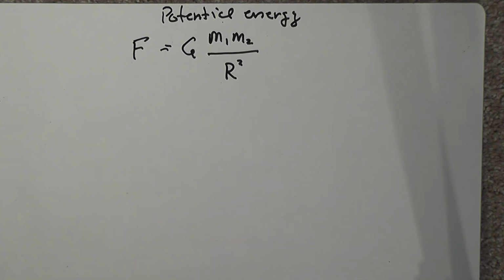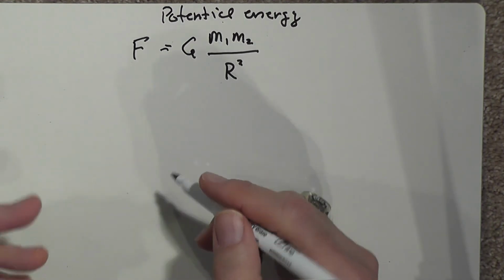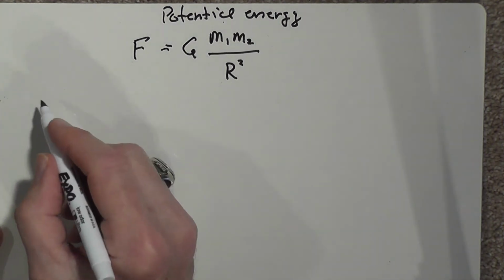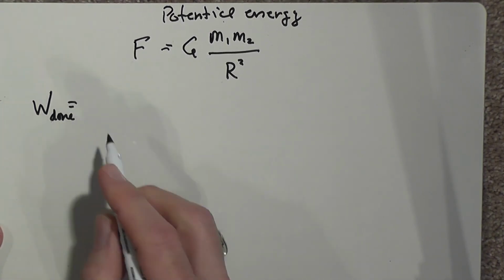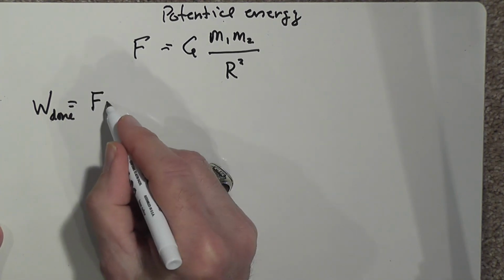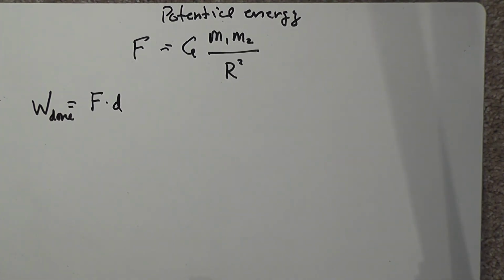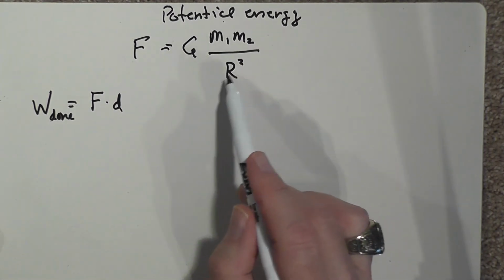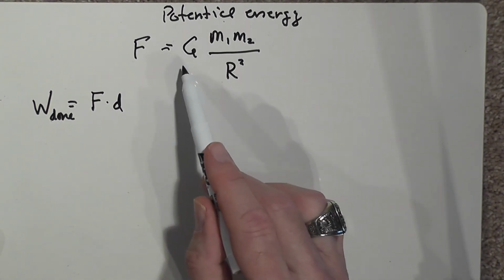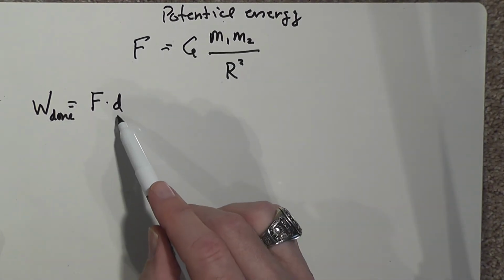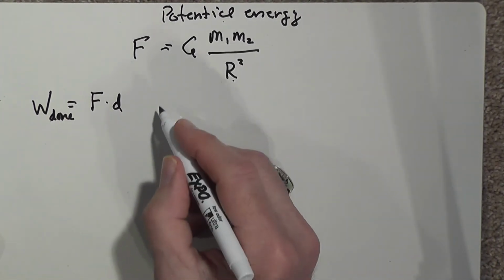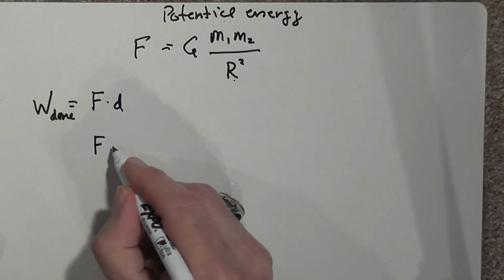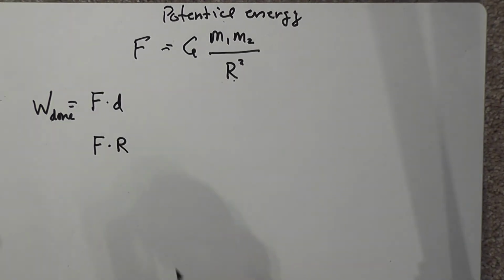and what we want to do now is turn this into energy. And how do we do that? We know that force times distance is energy. So let's write that down. We can call this the work done, which is equal to the force times some distance. In this case, we do have an equation that has force. And this r is the distance. So we can rewrite this,